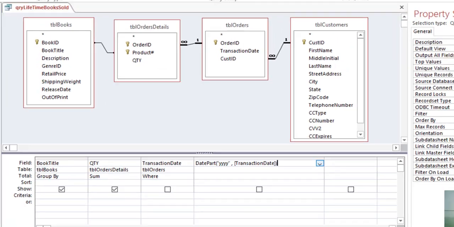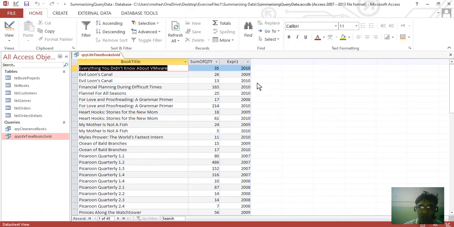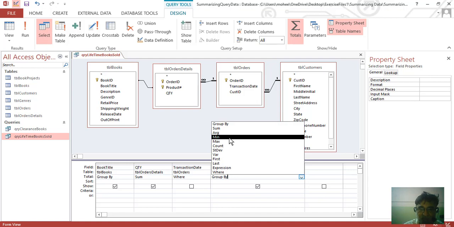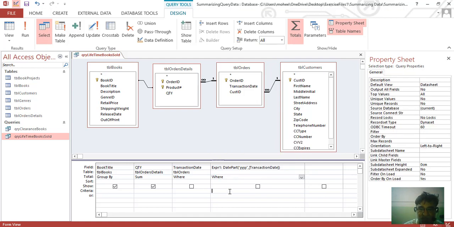Now when we run the query, we'll fetch the data. But what is this? We got all of the years 2007, 2008, 2009 and 2010. We got all the data, and we don't want all the data. We just want 2009. For this we'll be giving the where clause, and down there we'll be writing 2009.